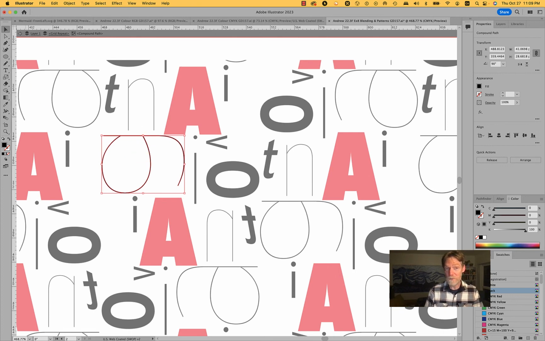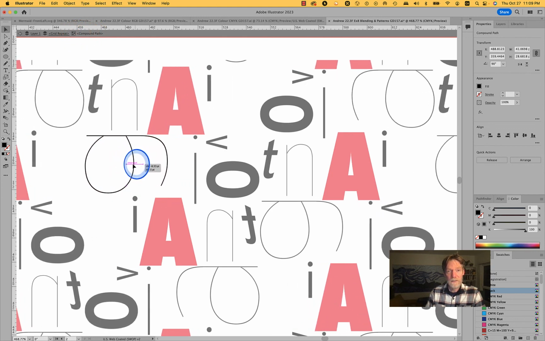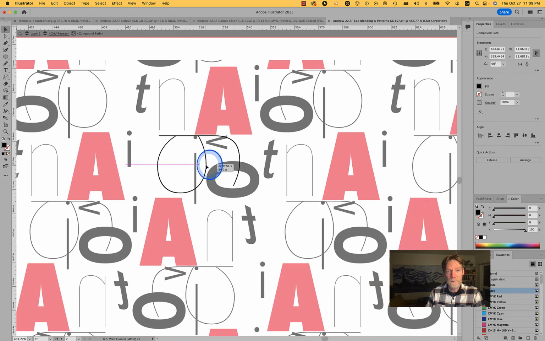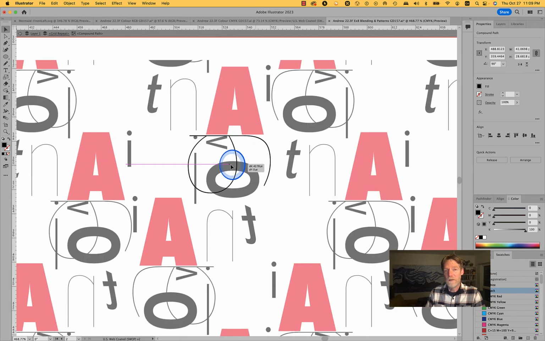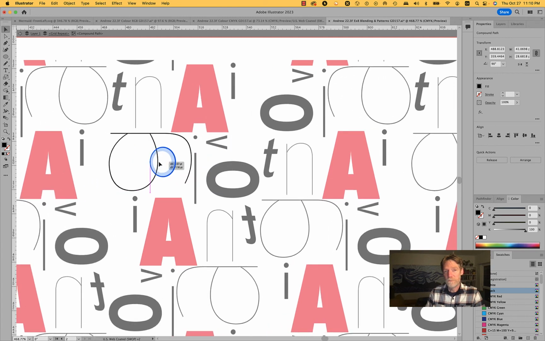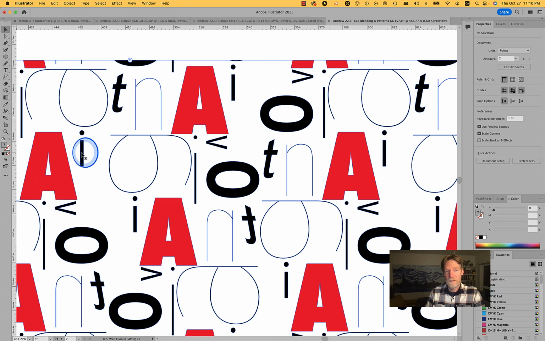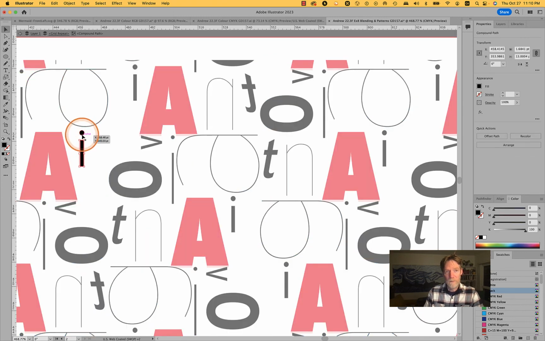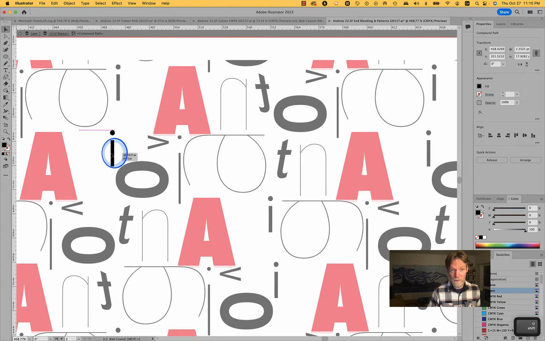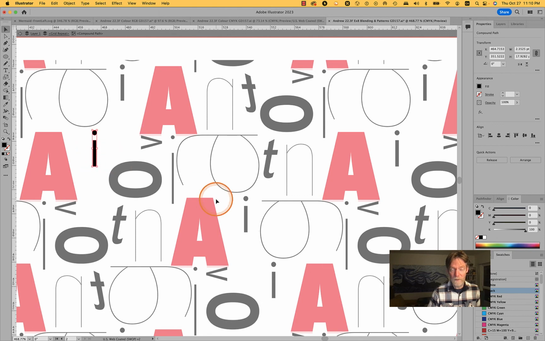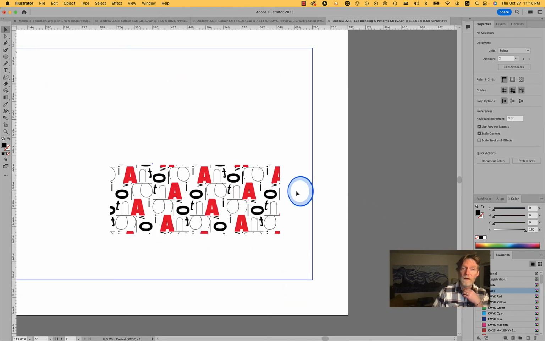And I got my selection tool, so I've clicked in far enough that I'm actually inside of the compound shape. So here I can actually take this and change the position of it within the group. So I could take this I, and I have to select both, so I shift to select, and I can move this over here like this. It moves them all. So a pretty powerful tool. I want you to play around with it so you can work with letters,